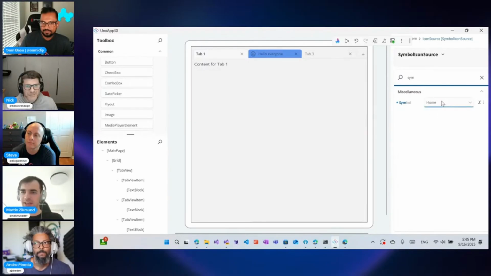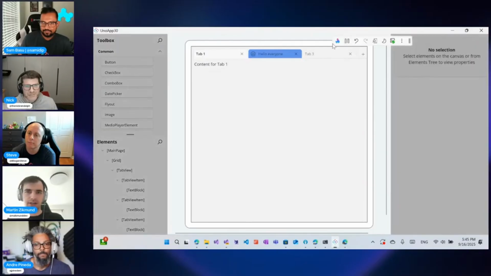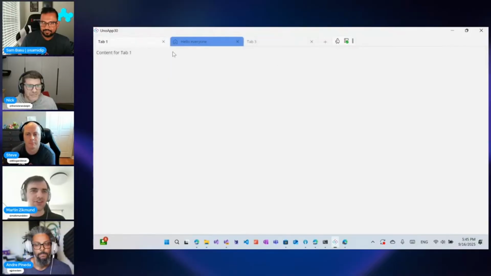So if I do that, let's go back to running app. Maybe we apply it. Yes. So we can see here the icon changed to the home icon, because this is the home tab that I want to show. Of course, the weird thing is that home tab is not the first tab in the selection,